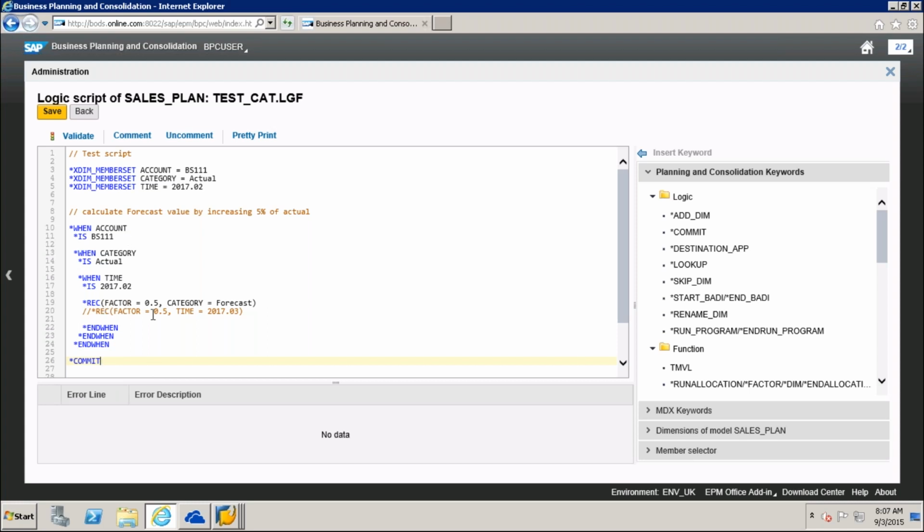And this code is only for one record. Can we do it for all the records if they want to? Suppose they want to increase all the accounts by 5%. Just comment out this one and take it out, and it will increase for all. It will work for all accounts, for this month, for the actuals.